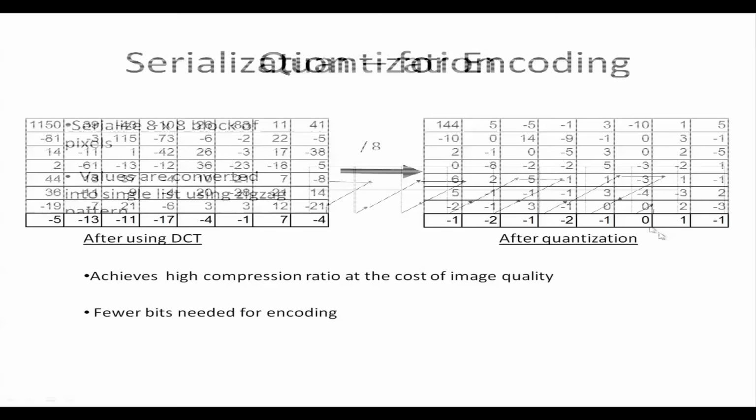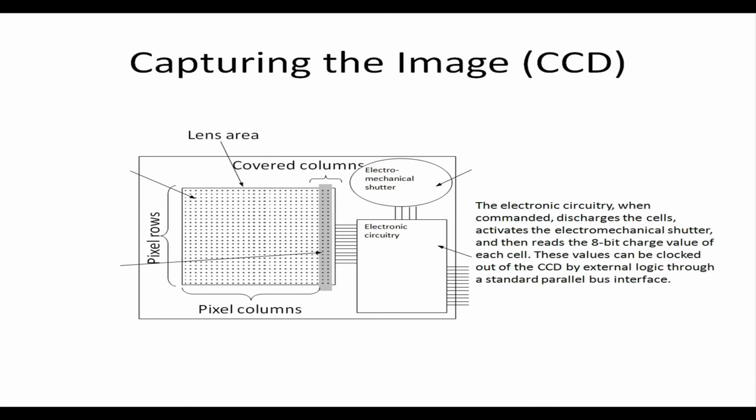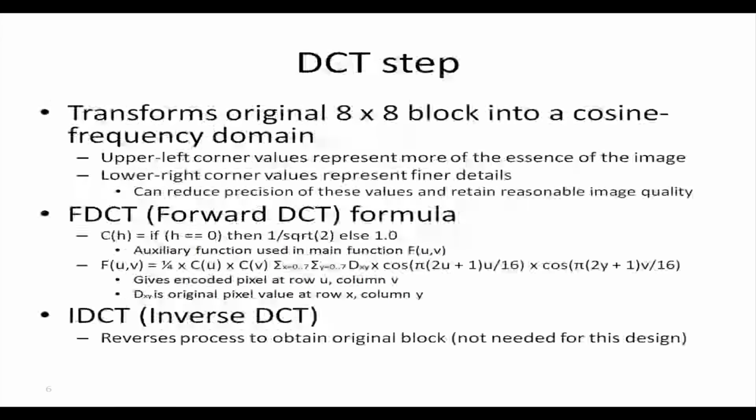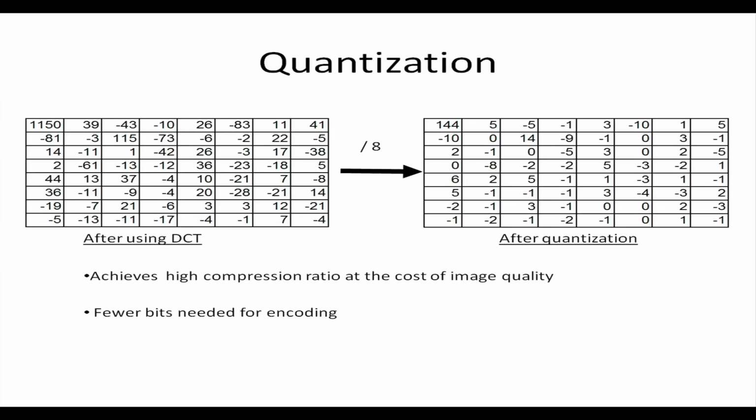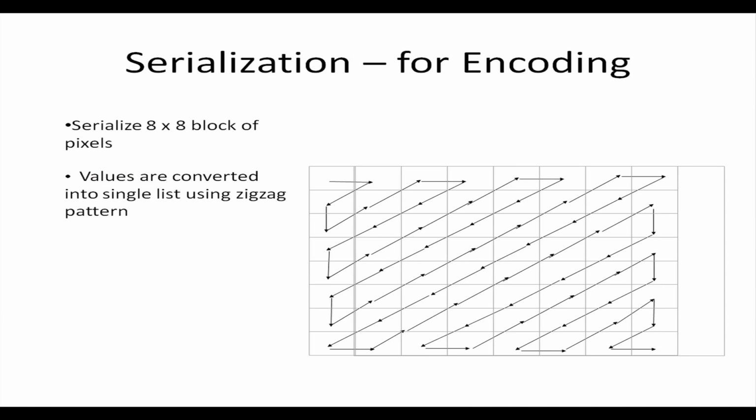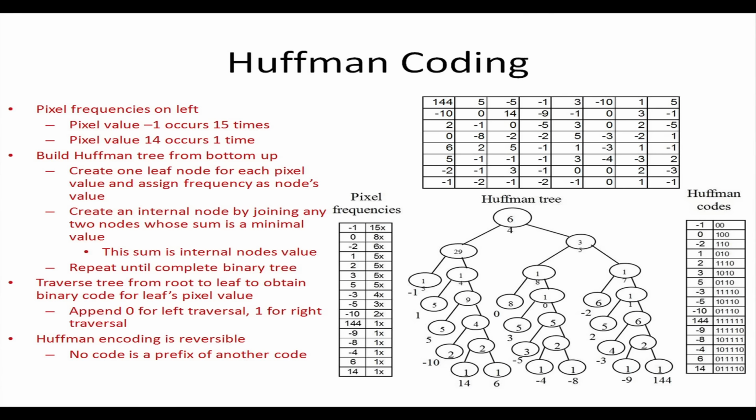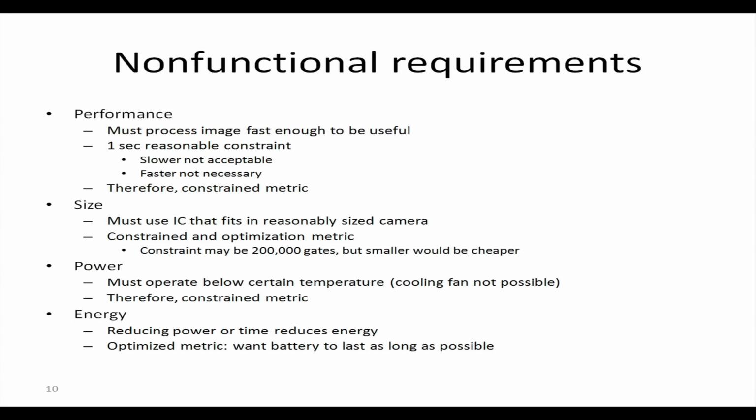So, once again I repeat what we are doing. We are capturing the image, compressing the image using DCT, I am quantizing them, then serializing them, and I am encoding them. Now, in the next lecture, we will see how these functions can be captured through a design. Okay, we have to implement it through an embedded system design. So, just to start with,